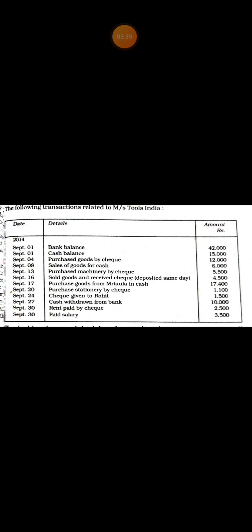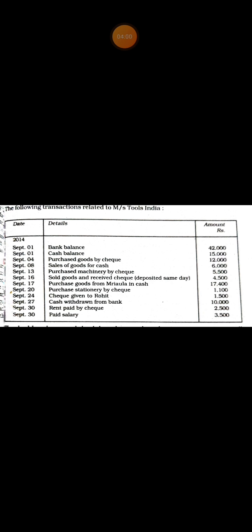September 13. Purchased machinery by check 5,500. September 16. Sold goods and received a check which is deposited on same day 4,500. September 17. Purchased goods from Mridula in cash